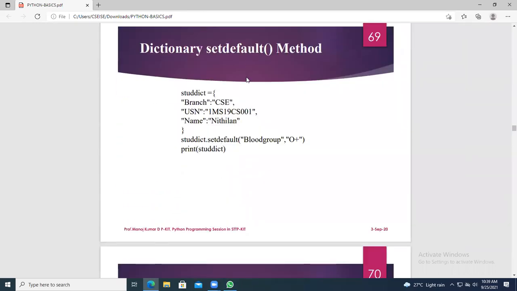Setdefault. Under stud dict, you are giving a set of values and using setdefault. Setdefault will add the key value pair by default to your stud dict dictionary variable. It takes a key value pair and assigns it into the dictionary variable.